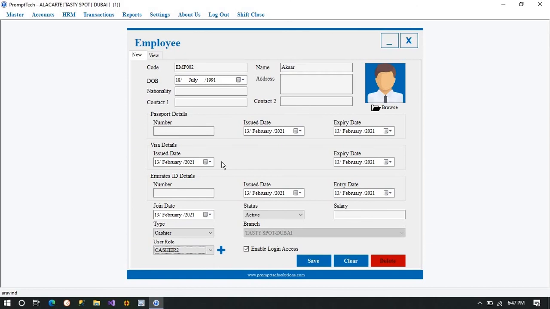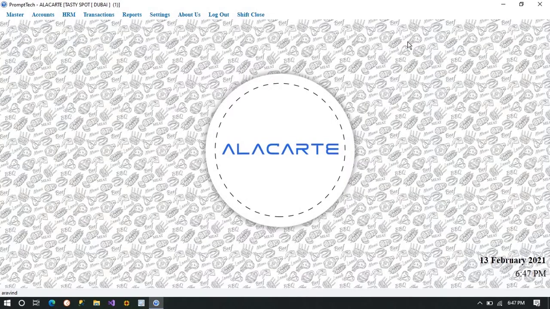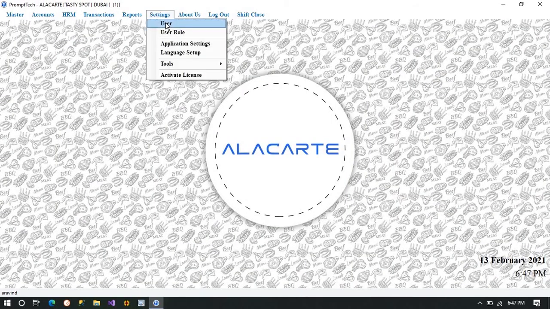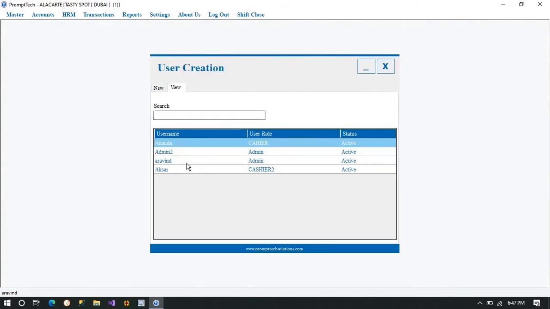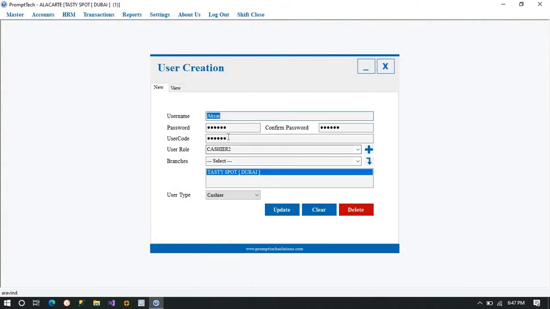So you can add the user roles here and enable login access to them. Whichever user role you assign, they'll only have the authority for that access. If you go to settings and then user creation, I've created a username and password for them, and I've just done a user creation. And then I'll be assigning it in detail.